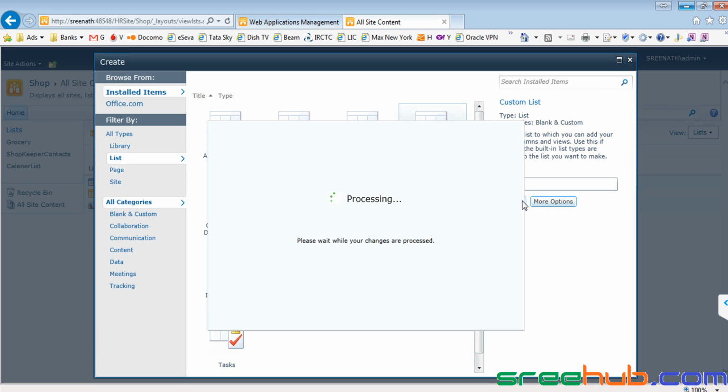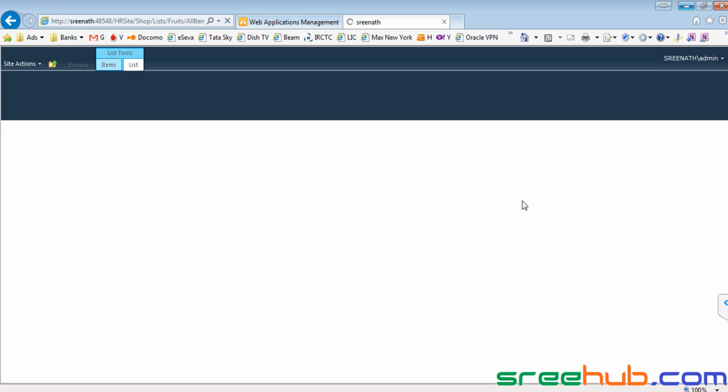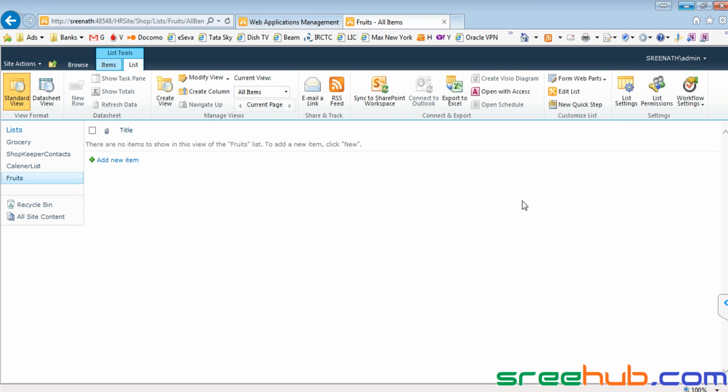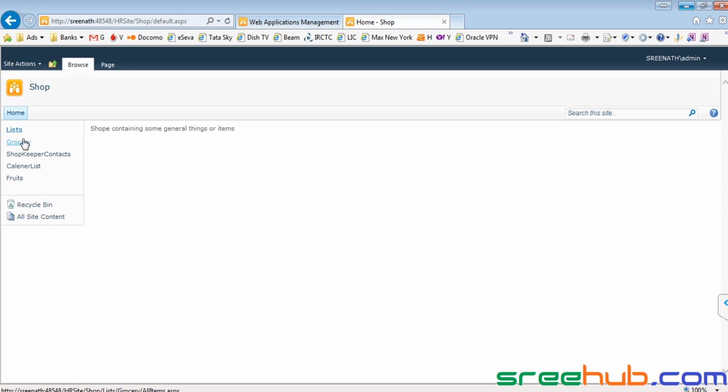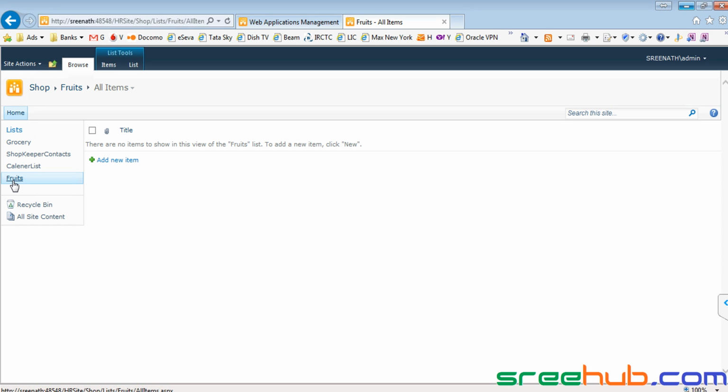I'm creating a small list, and we'll see a use case here. Let us say we have a shop, and this is the shop page. Under the shop page, we have grocery, shopkeeper contacts, and calendar list, and we just made one more list, which is fruits. Here we'll just add some columns.